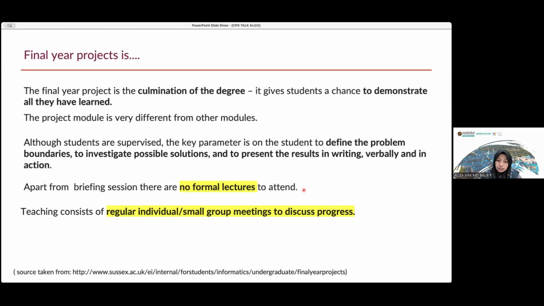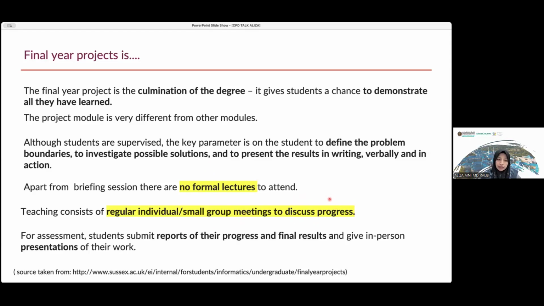Either a regular discussion or we form small group research meetings to discuss the progress weekly, every week. For the assessments, they need to defend and present their progress to the examiners. So this is not only the transfer of technical knowledge, but also how they survive and the lifelong learning from the writing and from how they learn from the papers.